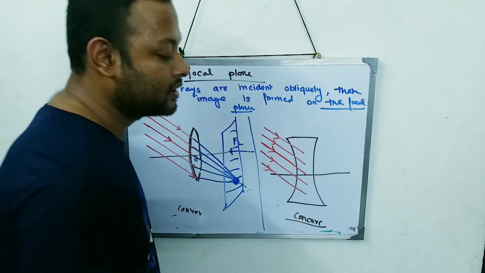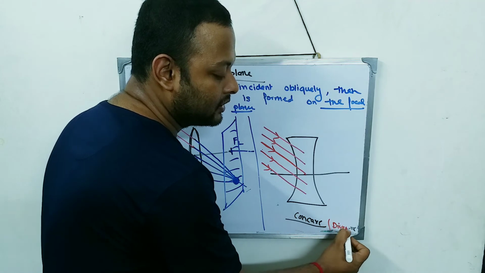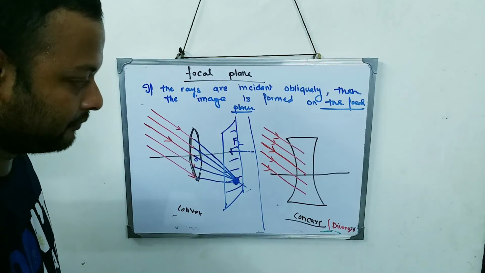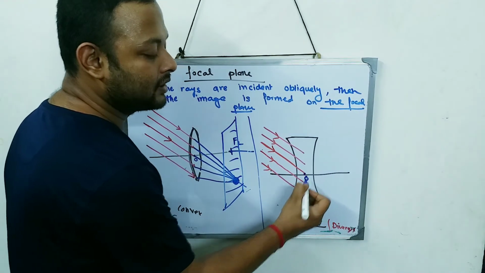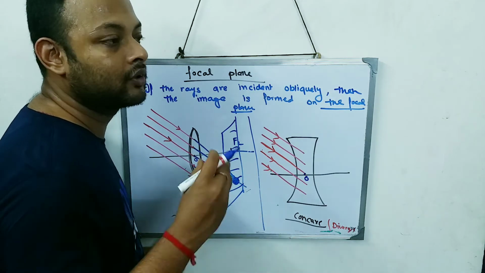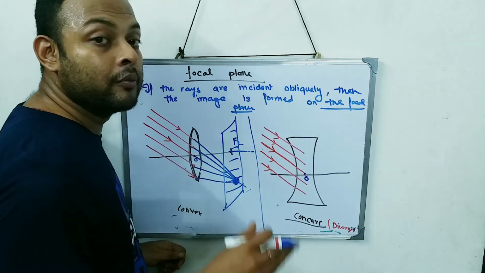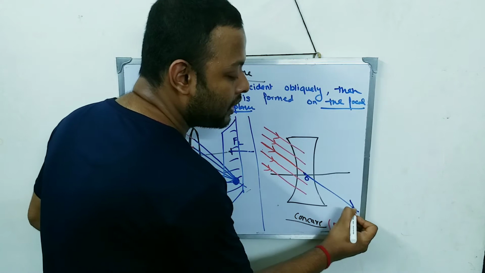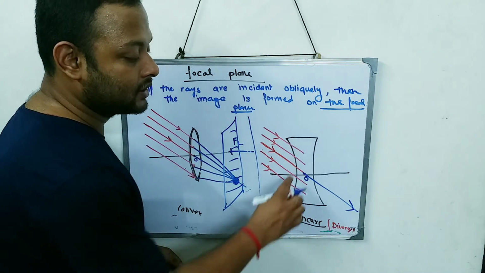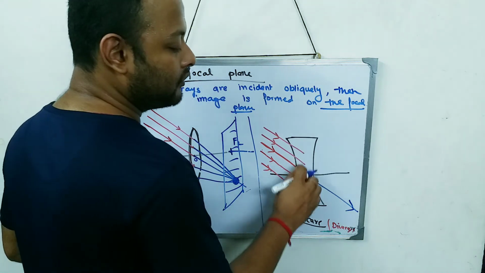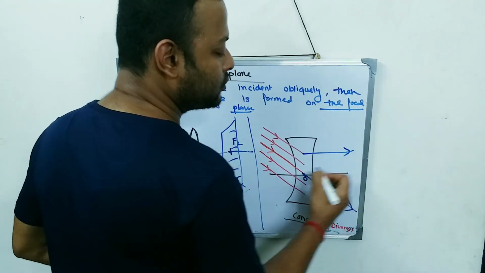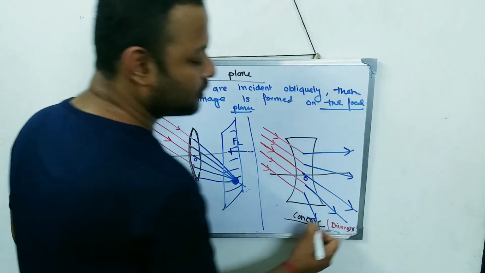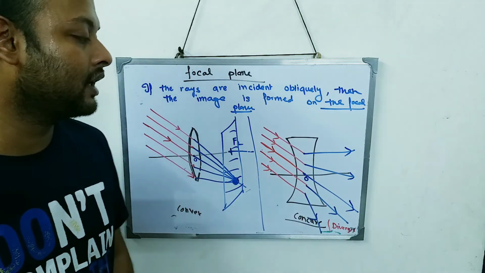Now concave lens, what is the function of concave lens? It can diverge. We know it can diverge. So how will the rays diverge? First, the third ray, as it is passing through the optical center, it will not diverge, it will not converge, it will just pass undeviated, because as I told in lecture number 2, any ray passing through the optical center will pass undeviated, okay? What about the first ray? It will diverge like this way. This ray is also going to diverge. This ray is also going to diverge. So you can see all the 5 rays are diverging.